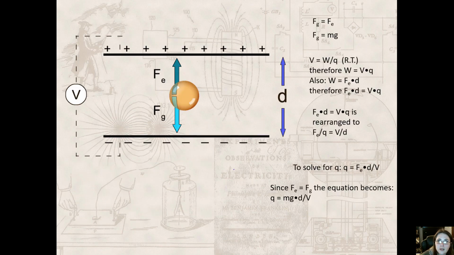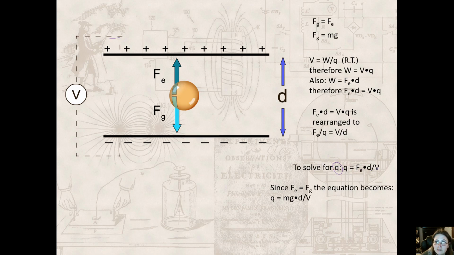So what happens is we know the voltage here, and it's equal to work divided by Q. So that means that work is equal to voltage times Q, the potential difference times Q, and work is also equal to force times distance. Therefore, force times distance is equal to potential difference times Q. And if we rearrange this, it's the electric force divided by the charge is equal to the potential difference divided by distance. So then to solve for Q, Q is equal to force times distance